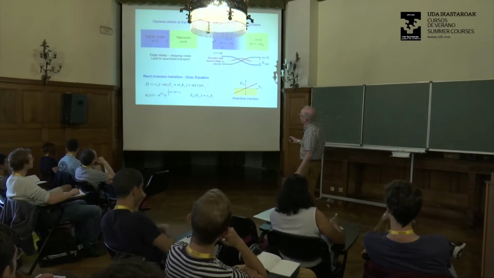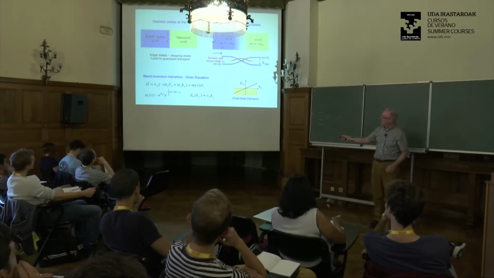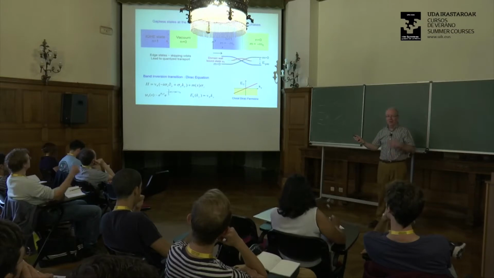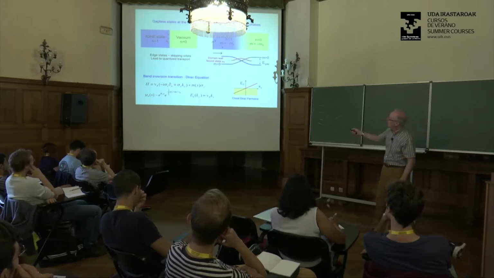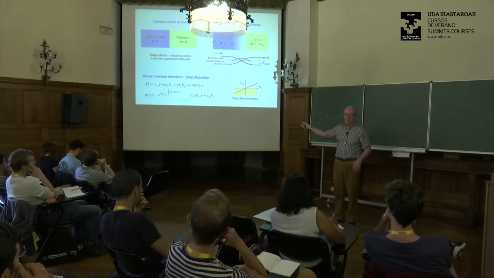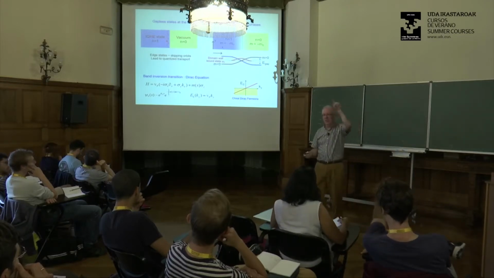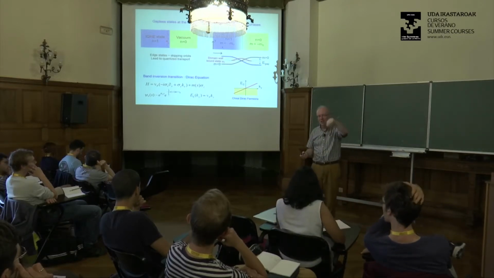So I can think about it in terms of this Dirac Hamiltonian. Of course, these edge states are completely general. Actually, the sort of simple baby picture of these edge states is that when you have the integer quantum Hall state, I can think of that as cyclotron motion. The electrons are going around in circles.